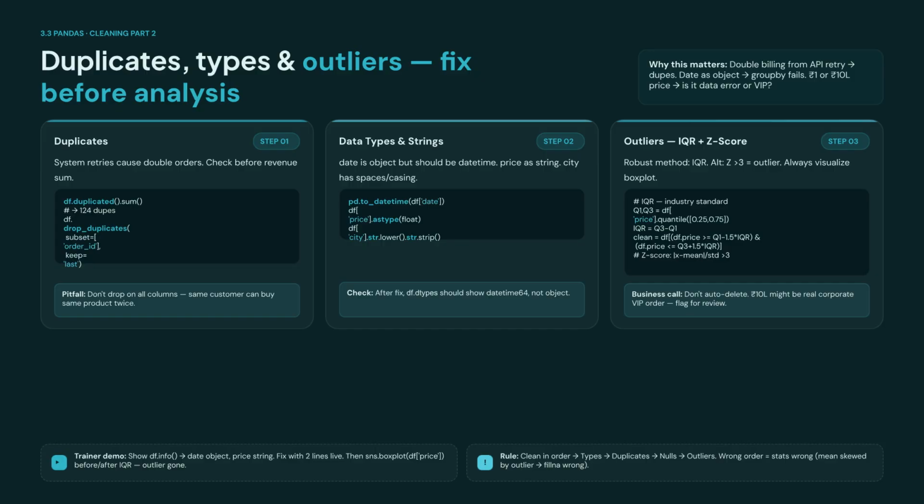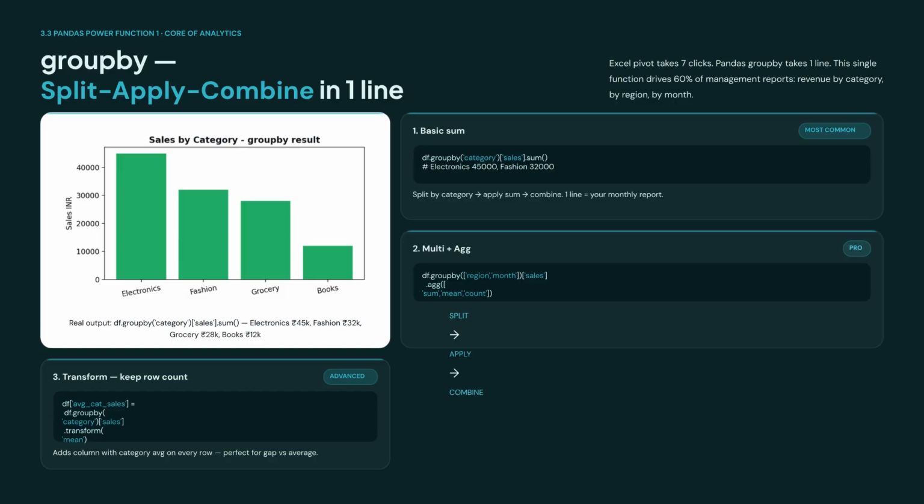Finally, always handle duplicates, correct data types, and address outliers before starting your analysis. Following this cleanup sequence is vital to avoid skewed statistics and incorrect results. Now, let's look at the Pandas groupby function. It uses a split-apply-combine strategy that lets you generate complex management reports, like revenue by category, with just one line